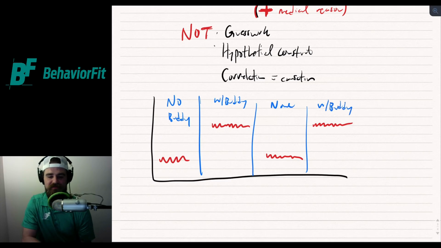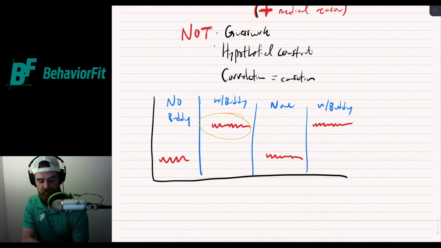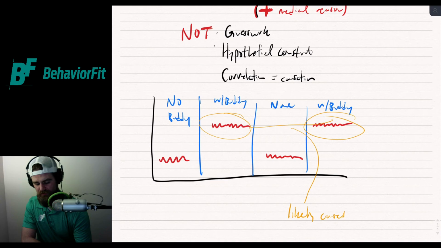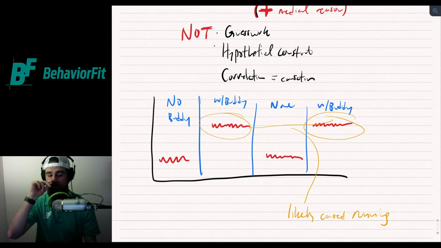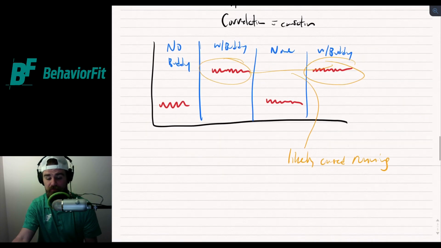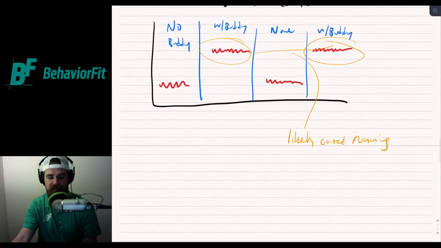So now when we have these distinct phases, we know that when we have a buddy, this likely caused the running change, right? This gets into the basics of analyzing data on an XY graph, on a single case design, repeated measures design, N of 1 design, whatever you want to call it. We begin looking at what was the functional relation, what changed in the environment. In this case, these running miles changed as a function of the social reinforcer that seemed to be available, which was that running buddy.